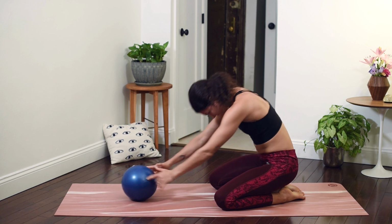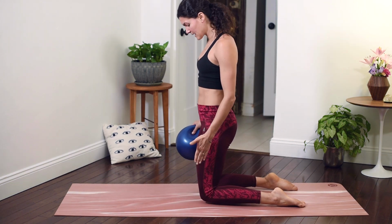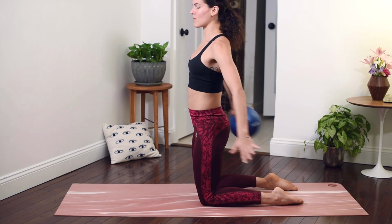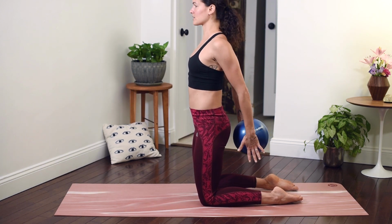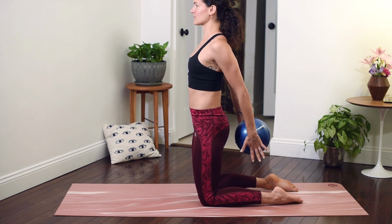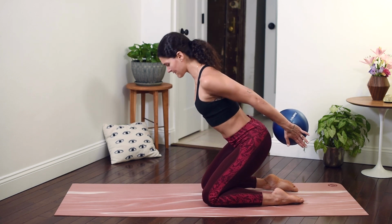Just roll your spine on up. And we're going to take a high kneel right in the middle of the mat. Knees hip distance apart. You're going to place the ball or object behind your sacrum. Arms straight, fingertips lengthening towards those 10 toes. Draw the shoulder blades back. Keep a slight squeeze of that object as you inhale, spread your sit bones wide and find a nice deep